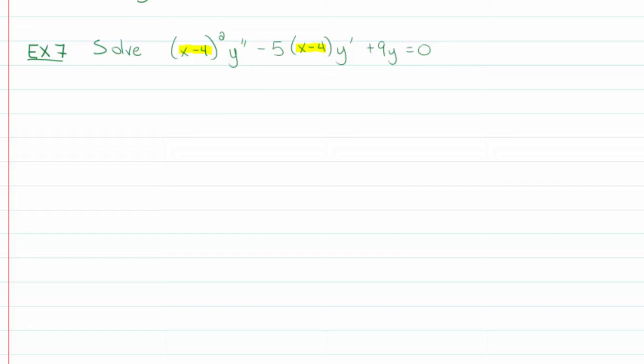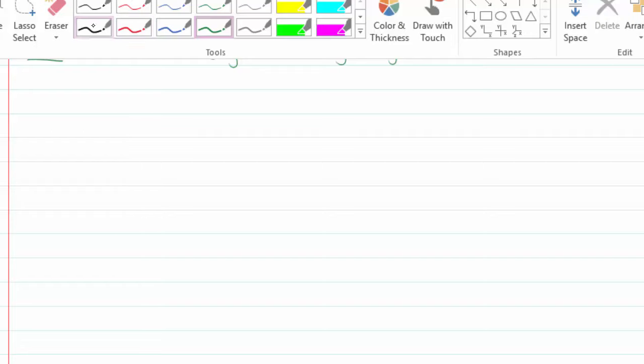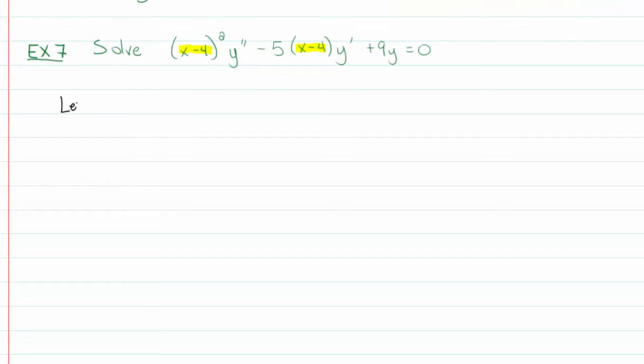It's better than a whiteboard, right? So to solve this guy, again, I'll do a substitution, but this substitution should be somewhat obvious. At this point, we're going to just let t equal x minus 4. And there's a couple ways you could do this. I would have actually done it this way in the last example too, but I just didn't think about it. But you could actually solve this for x if you feel like it. You don't have to, but you could. You could say, well, this means that x is equal to t plus 4, and then that would tell you that